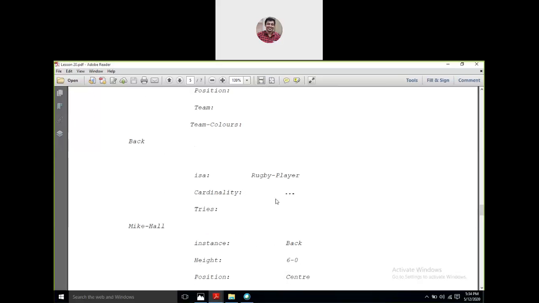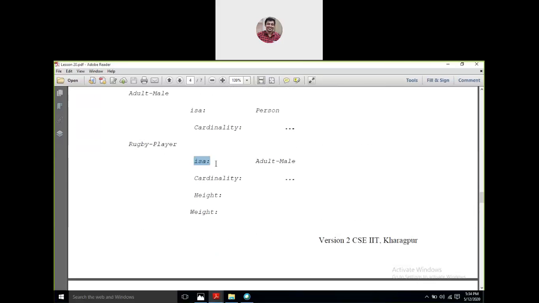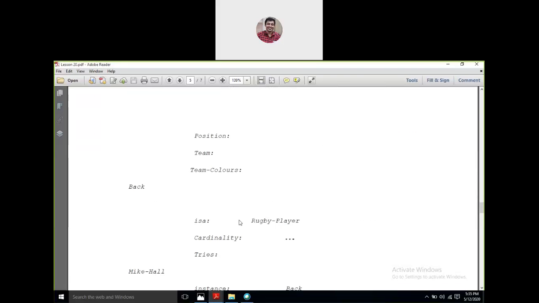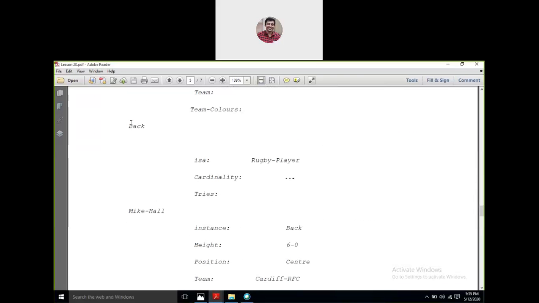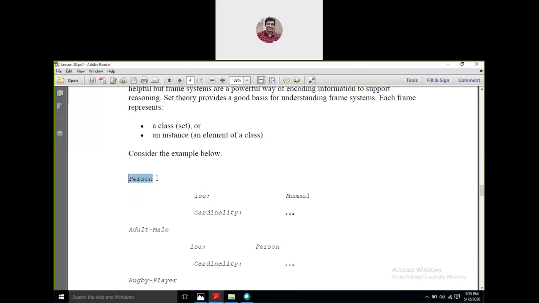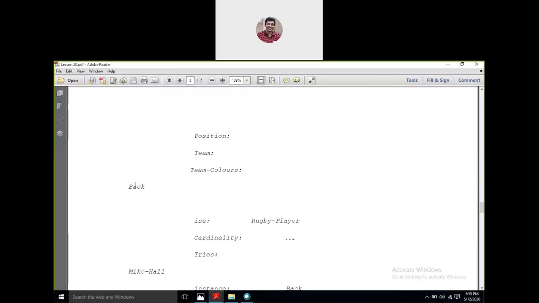Now, until now, what was I talking about? I was talking about is a. There are 1 is a, 2 is a, 3 is a, and 4 is a. That means if I am talking about generalization, generalization continues from back upwards until we reach the person, right? You may ask a little why I said I am moving upwards.